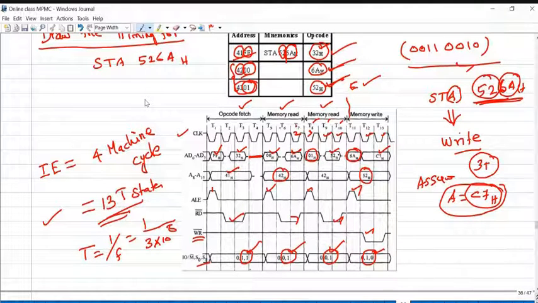So this is how many byte instruction? Can anybody tell? STA 526A. This is how many byte instruction? Please respond. 3. 3 byte instruction. Okay, because to execute this particular instruction, we need to store these 3 bytes of data in consecutive memory locations. This 32 is the opcode, and the remaining 2 bytes indicate the 16-bit address. So this is a 3 byte instruction.